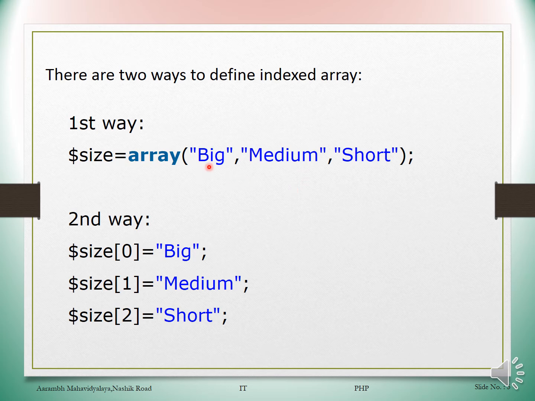You know that the index number of the first element is 0, the index number of the second element is 1, and the third element's index number is 2. Therefore, while declaring their location, here $size[0], $size[1] and $size[2] are used. Remember, here you have to use the square brackets to declare these numbers. This square bracket indicates its internal index number. Okay, you know that the round bracket is used to declare the function or to indicate the data, but the square bracket is used to indicate the internal index number of this array name.